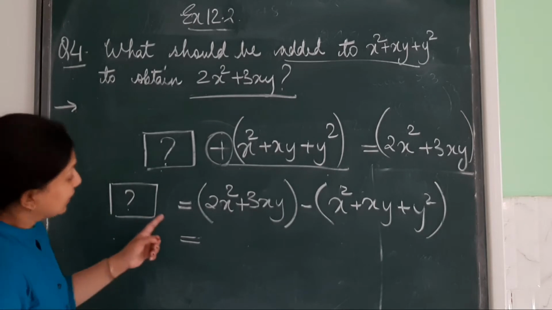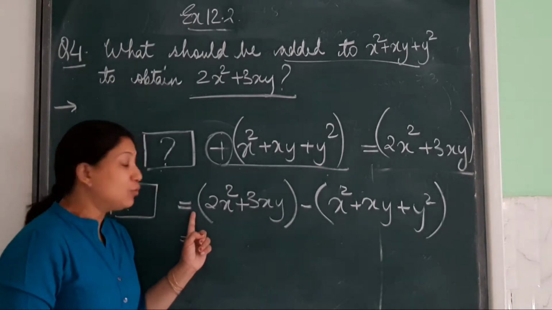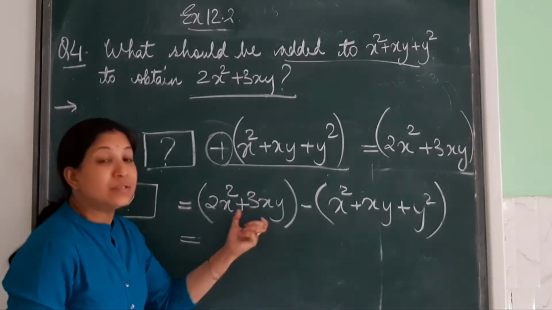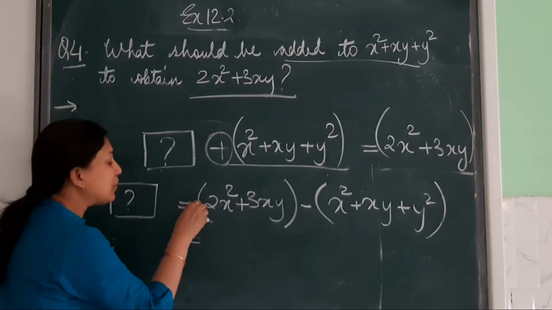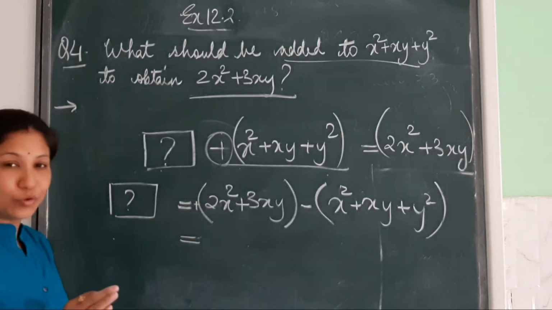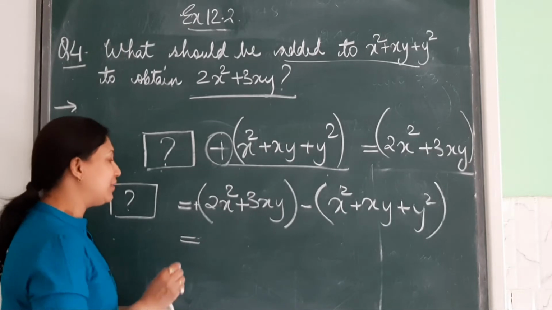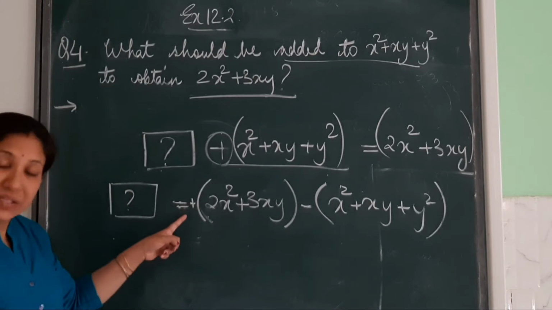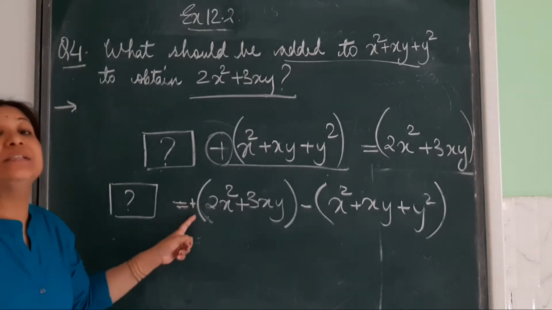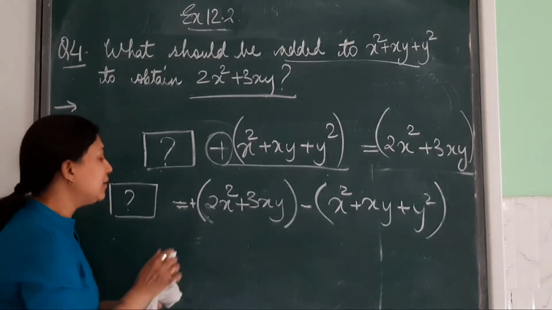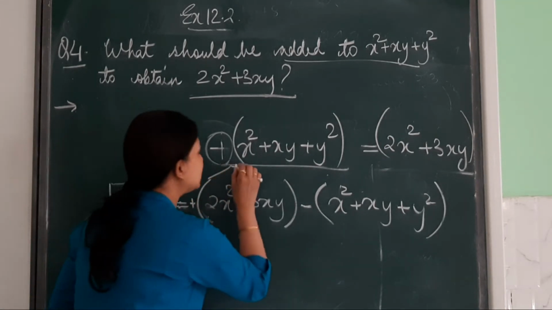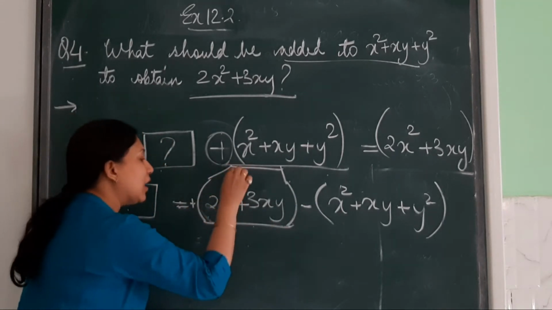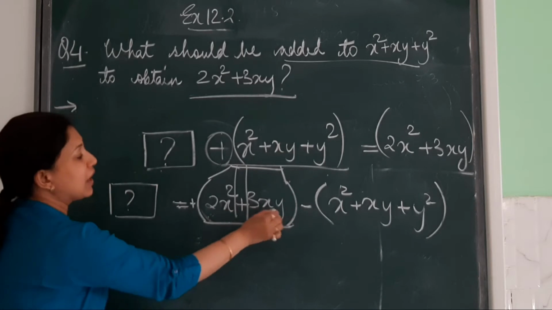Open the bracket. Again, see, if outside the bracket you have no sign or a plus sign, what do we do? We copy the terms as it is. See, no sign means plus sign. And the story I have told you, let me revise. The story is that no sign means there is a plus sign. So the plus sign is a guest. The plus sign will go to this house. This is a house, okay? In this house, two people are living in different rooms.